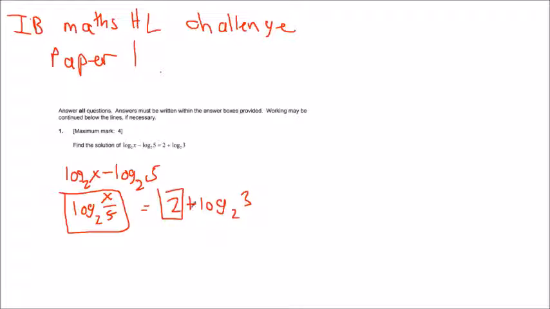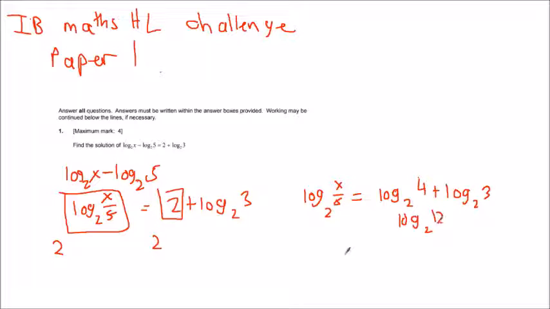You don't want to have the 2 in here, so you want to have it in terms of log base 2. Or what you can also do is just take both things to the second power. So you can do it this way, where you have log base 2 of x over 5 equals log base 2 of something, and that's log base 2 of 4, and then you can add that to log base 2 of 3, which will give you log base 2 of 12 if you know your addition, and that'll get you